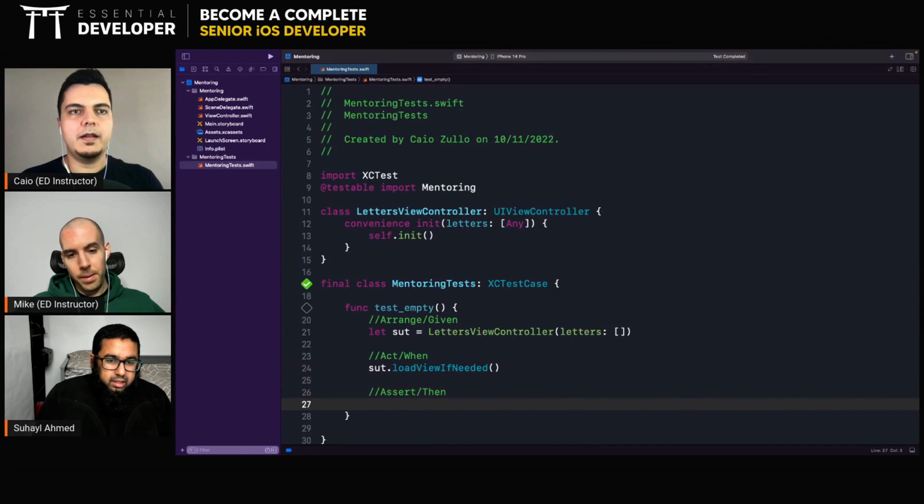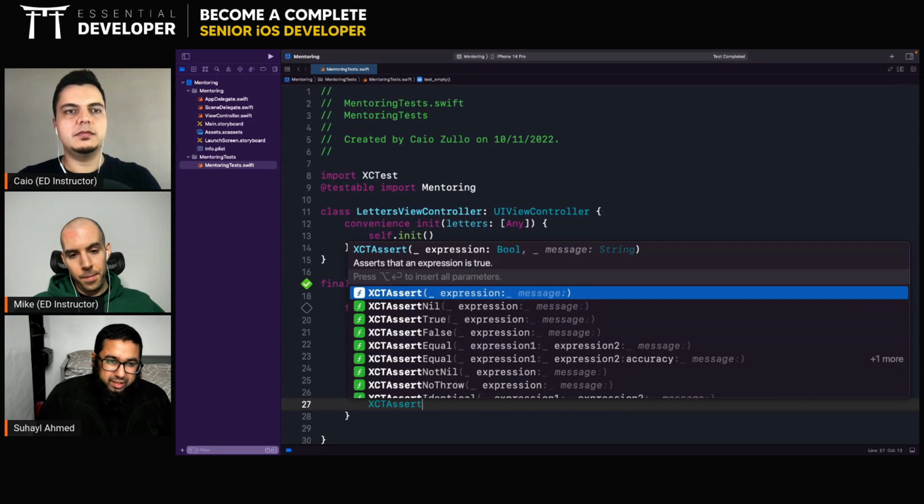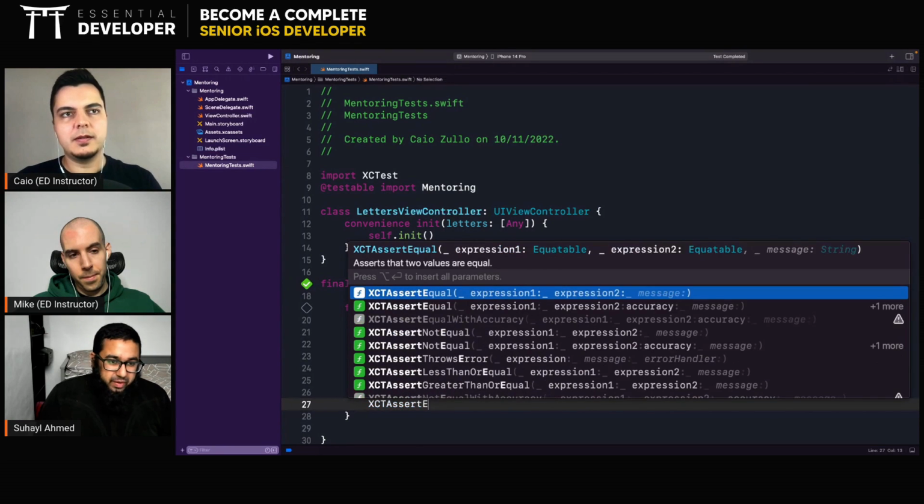That's it. And what is the assertion? What is the expectation here? We said that there are no letters on the screen, there's nothing on the screen. But does that mean we just check if there's some kind of internal property, like letters is an empty array or something like that?